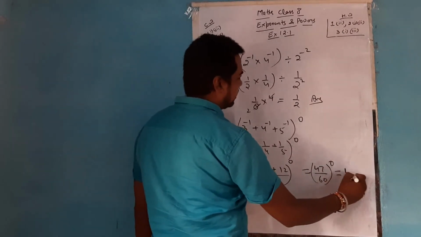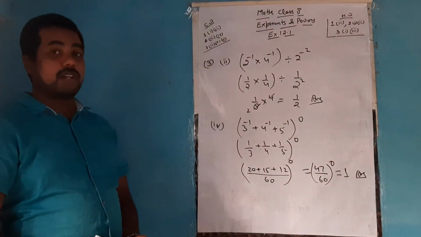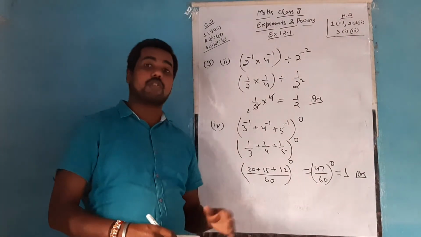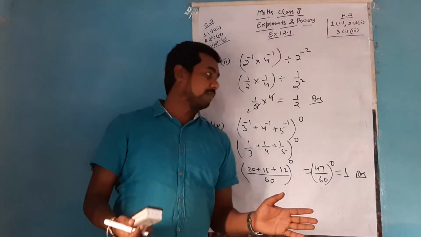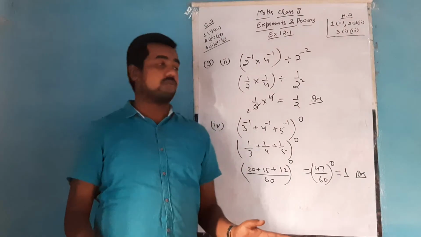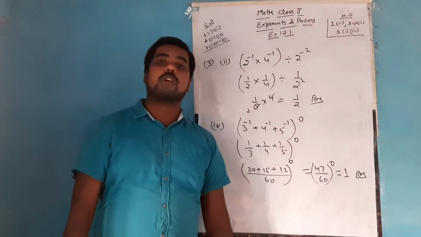And now after this, if you write 1, it would look nice. So I have reached one number. I haven't said that it should be in the form of plus or minus or multiply or divide. It is supposed to be any number to the power 0 is 1. Although here also after this you can directly write 1. But it won't look nice.